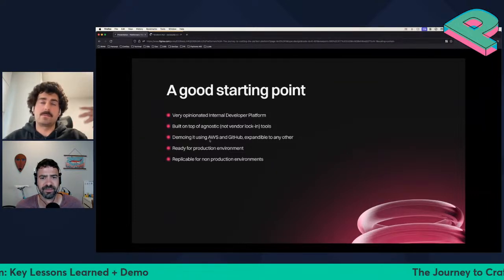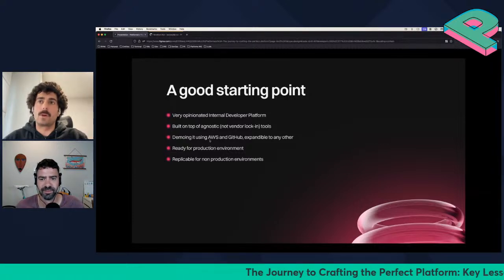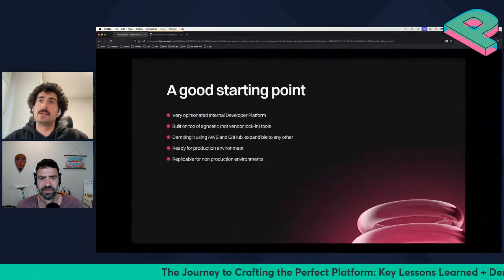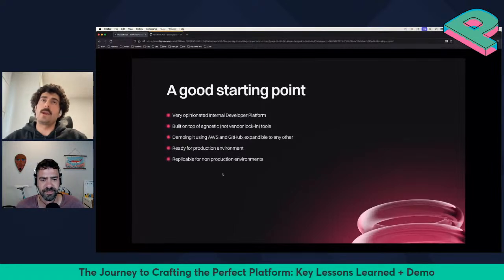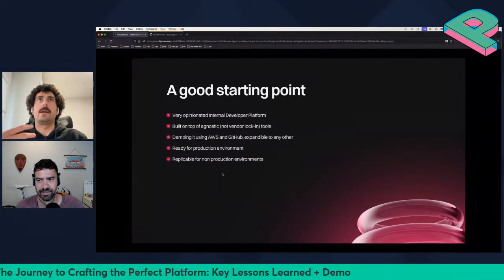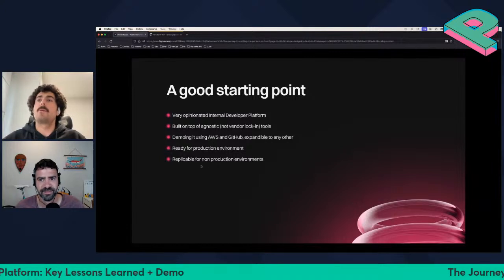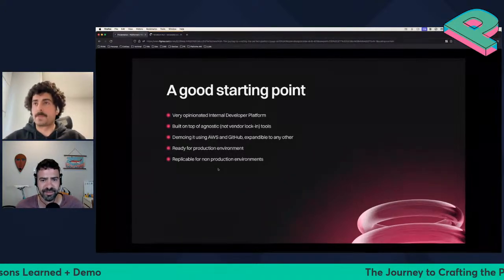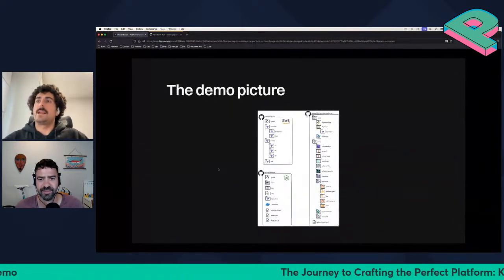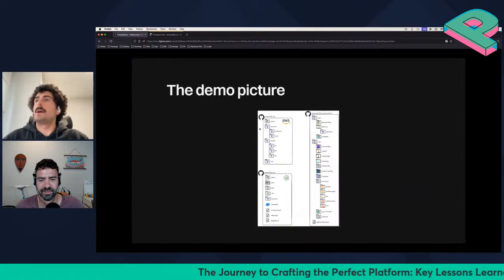My experience is based on this, and I know that this is working really well and is ready for production environments. We are demoing this for one environment, but it's replicable for other non-production environments. So this is the picture for the demo. We have the IDP